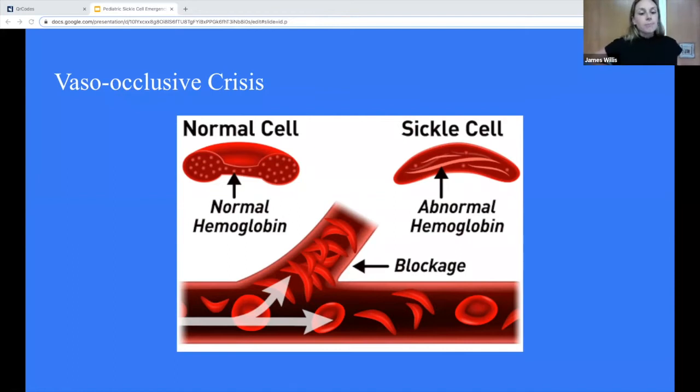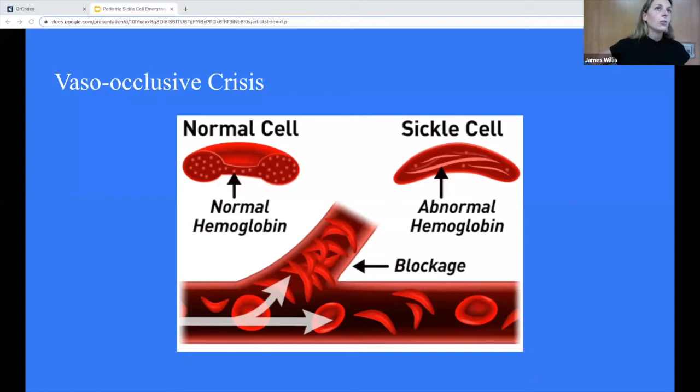So this vaso-occlusive crisis pain can last anywhere from 4 to 6 days. Most commonly, it's in the spine, long bones, and chest. Patients may have a low-grade temperature. And also another important thing is that there's no lab test that can tell us if somebody's in a vaso-occlusive